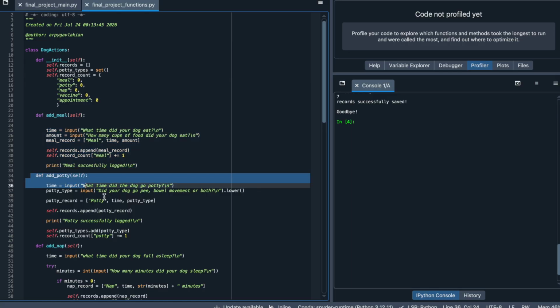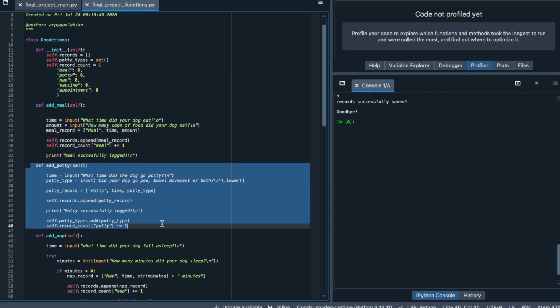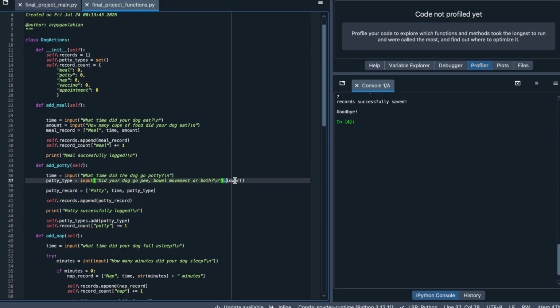And then we have the add potty method. This one asks for the time and the potty type, and then I did use lower here on the potty type, so entries like P totally capitalized or partially capitalized are all stored in the same lowercase format. And then a potty record is created and appended to